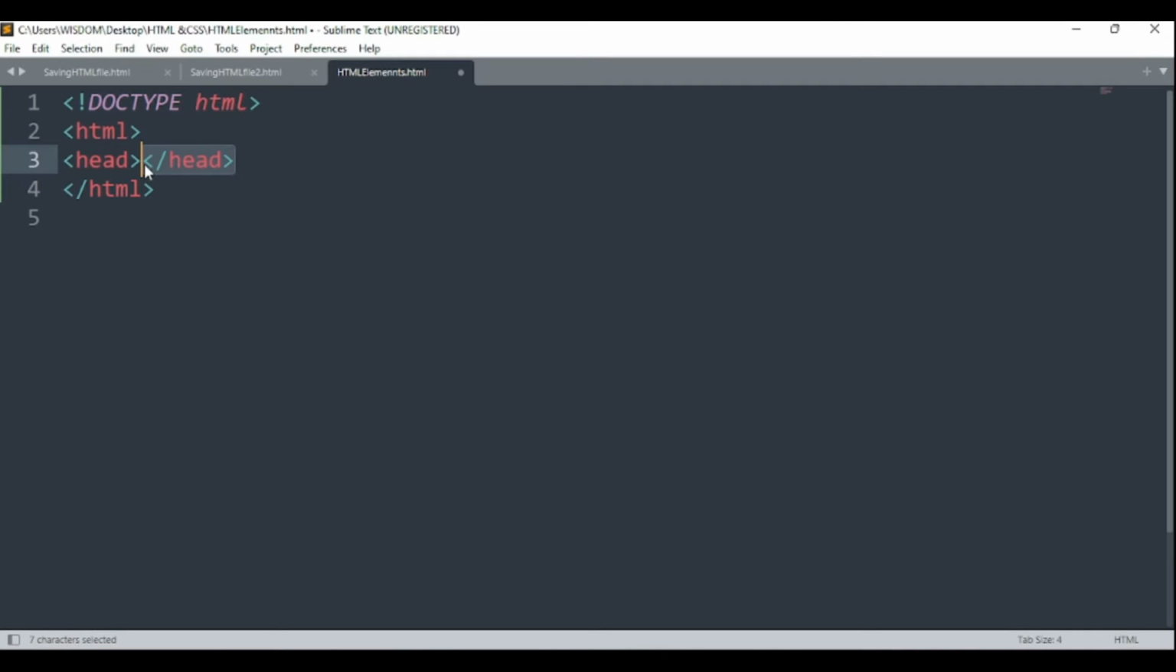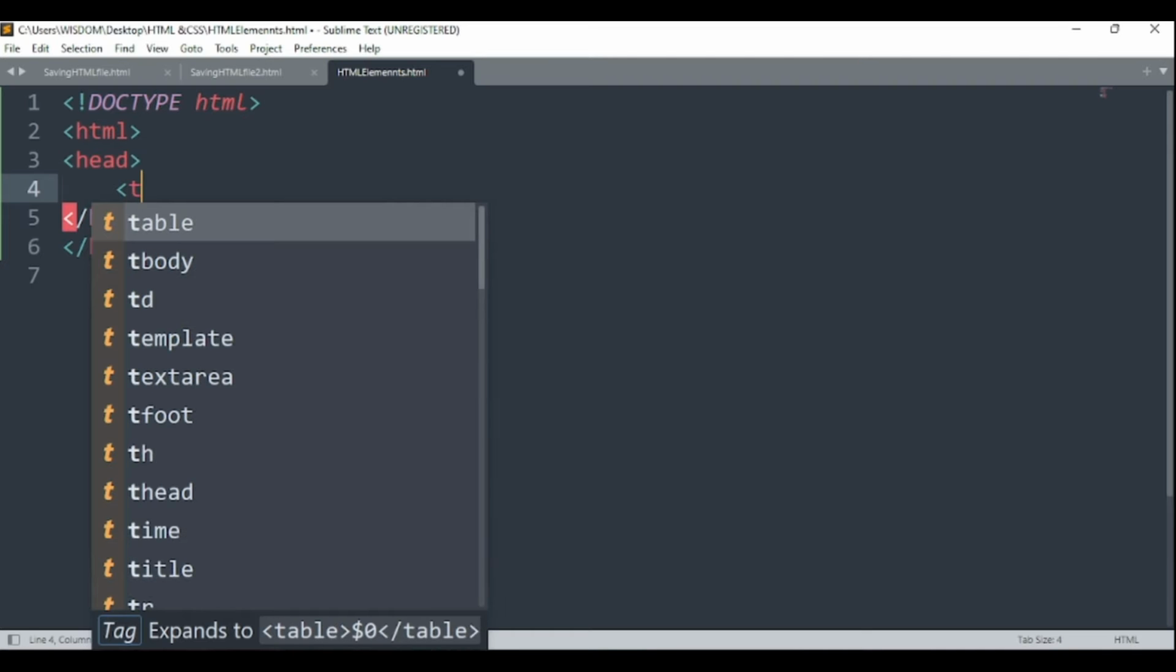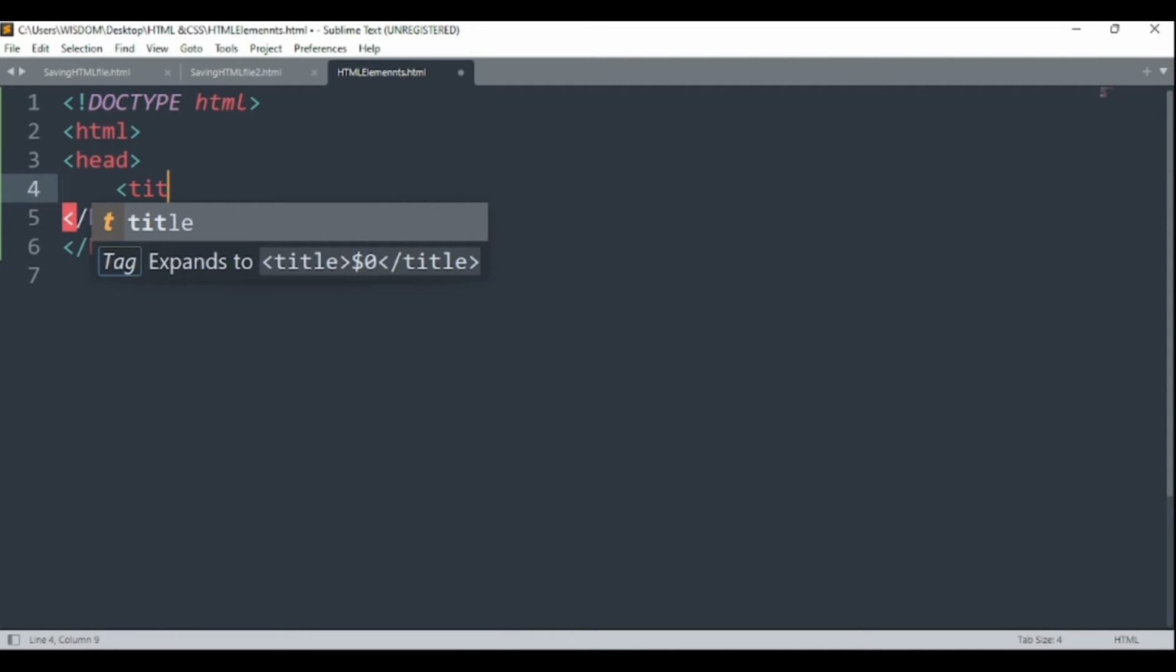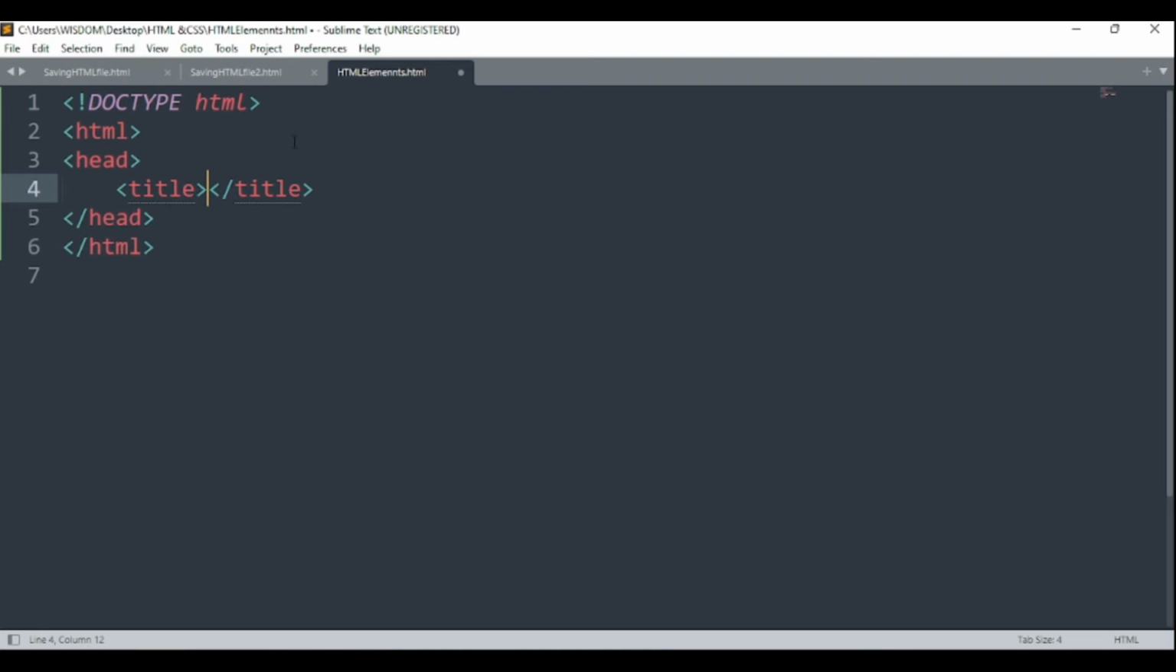So these are the HTML elements. These are all elements. So I'll go by saying again, in between the opening tag of the header and the closing tag, I also bring something we call title. You can see the title comes with an opening tag and a closing tag. So in between the title, I'll go by saying